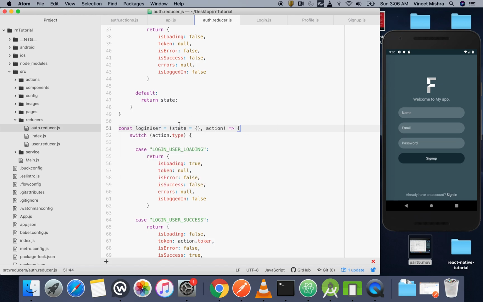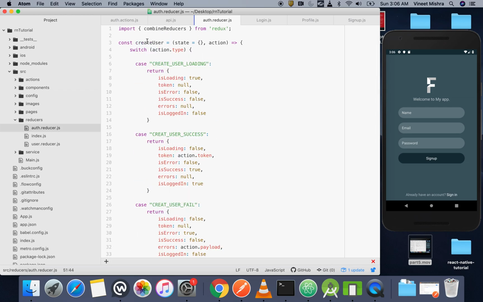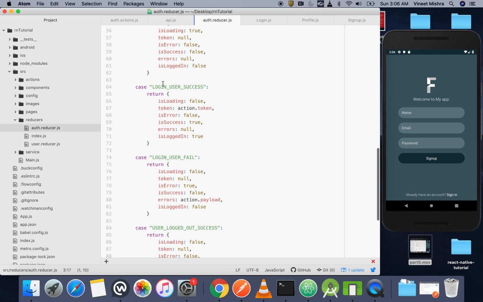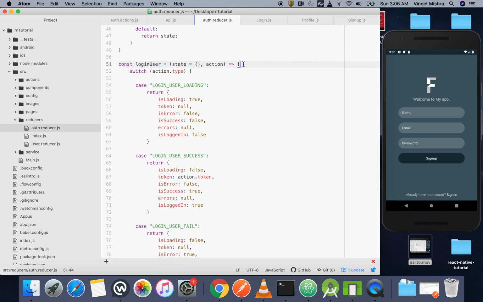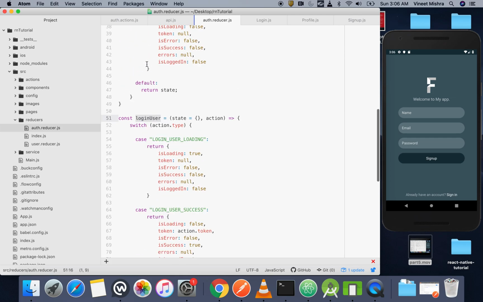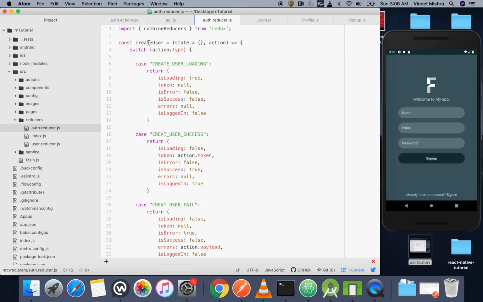So now the token is with create user and login user. The token is at two places, with this user and this user. We have two tokens, and we have to store it in a single place. Okay, so what we have to do, the refactoring part is